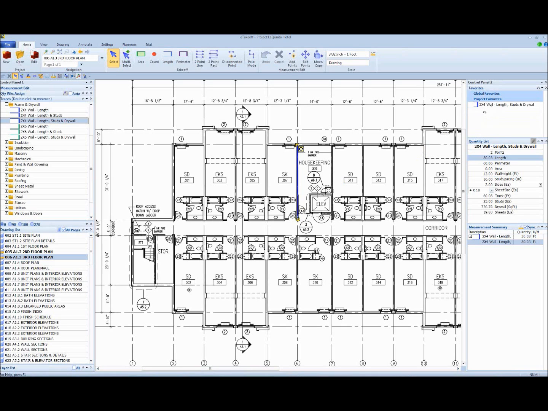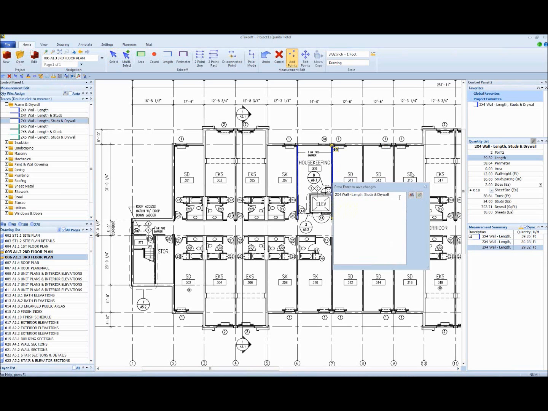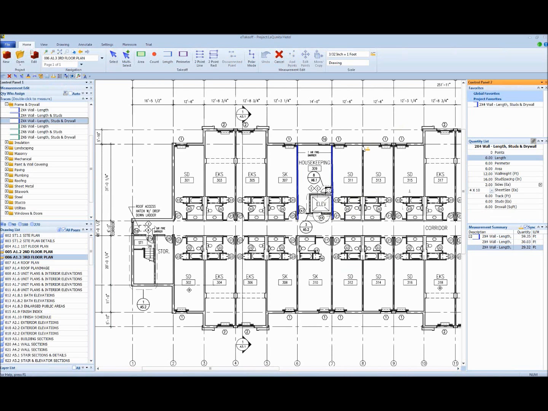Now I have that 2x4 wall, but it's already filled out because the information is stored in there. So if I want to recreate this wall again, I just double-click here, and then I can go measure that wall again, right? And then I can continue to use that, which is already filled out. So any wall that has these same parameters, I could even change the description of this and say it's 12 feet, 16, 2, and 4 by 10. So I could change the description of that so I knew what kind of wall it was. Or maybe this project, this type of wall is wall type 1. So I could come in here and I could just simply call it,